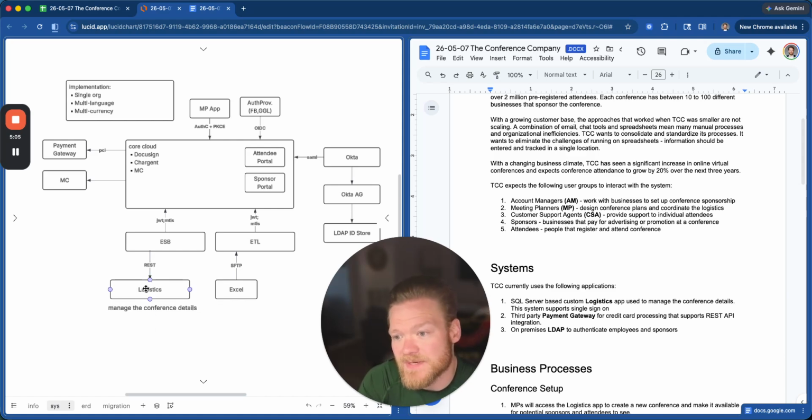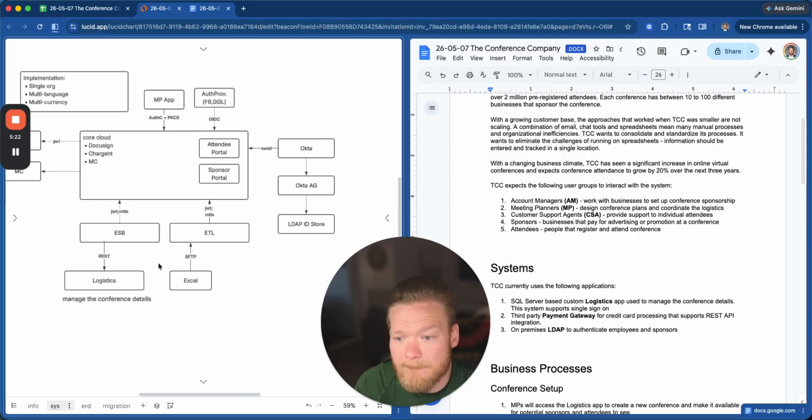The logistics system will integrate with Salesforce using the Canvas functionality. They didn't specify the protocols in this Canvas that the logistics system accepts, so I'm going to assume and play it safe and have an ESB that will then, if it doesn't support REST, support REST with the ESB that will mediate that.